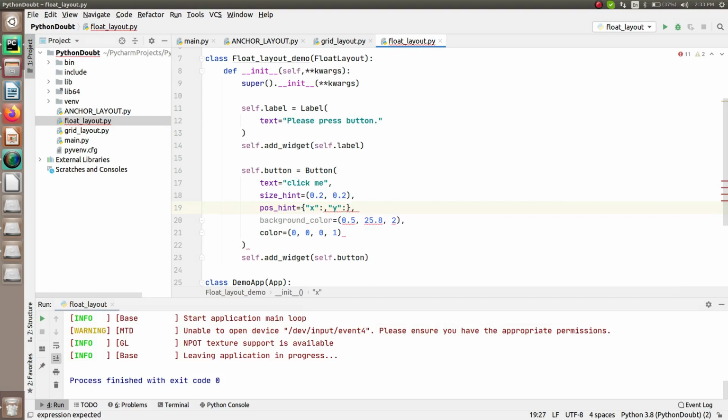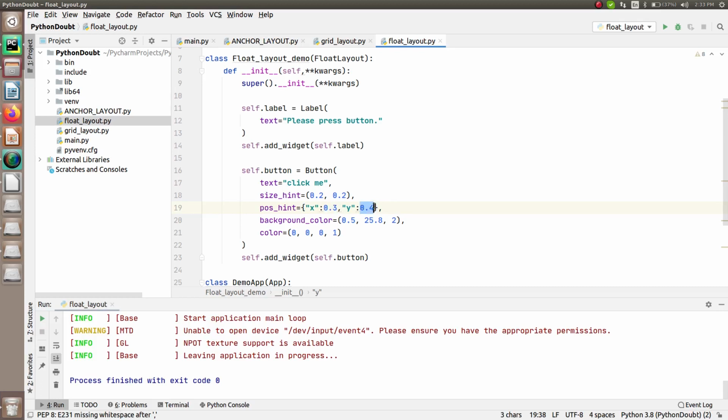So this is how I'm going to do it. For the x-axis, let me just do it. I will set the position to 0.3, which means 30% for the x-axis. That means from the origin it will be 30% away, right? Similarly if I do the same thing for the y-axis, let me set it as, let's say, 0.4. So with respect to this, 30% this way, 40% this way.